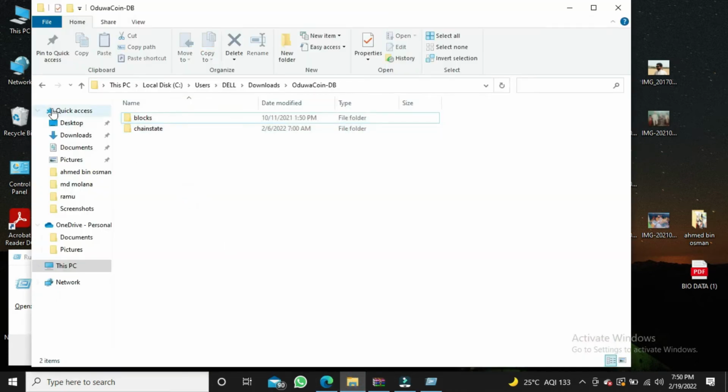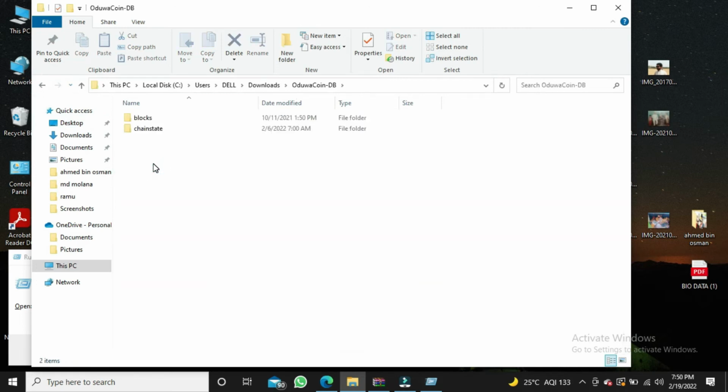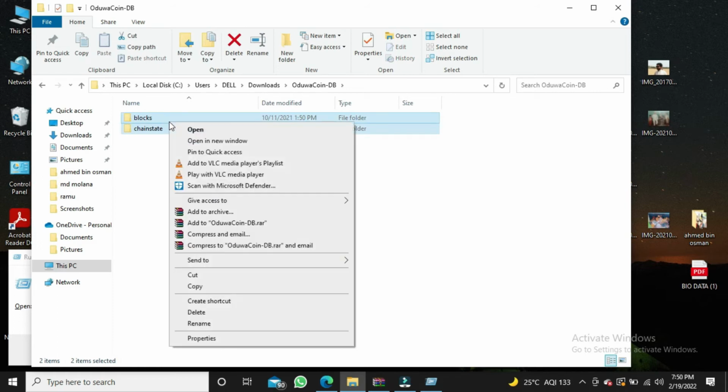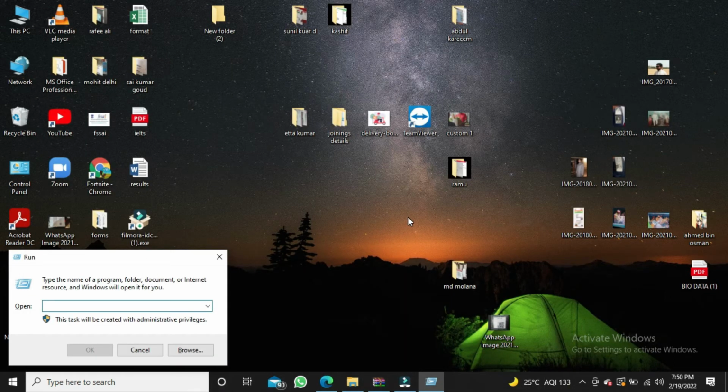Before going to app data, from the Oduwacoin database that we downloaded from our Microsoft Edge, I'm going to copy these blocks and chainstate. Copy the blocks and chainstate, and then paste them in the app data folder. As I'm using Windows, I have to go to app data, click on OK,